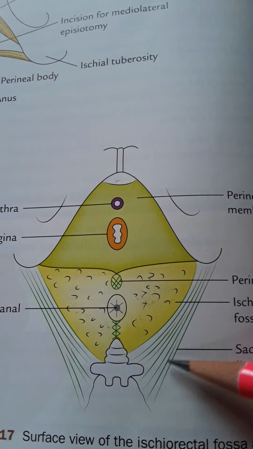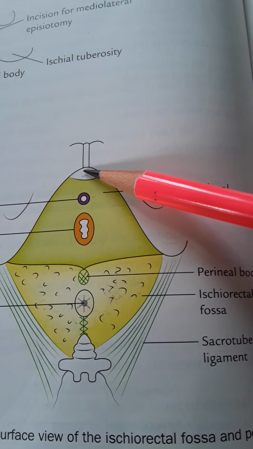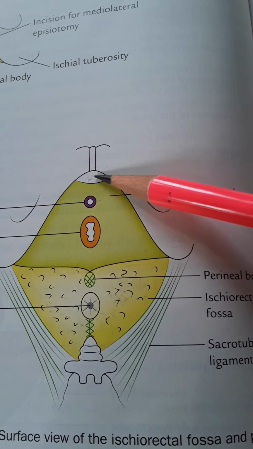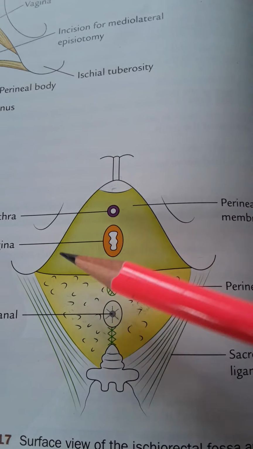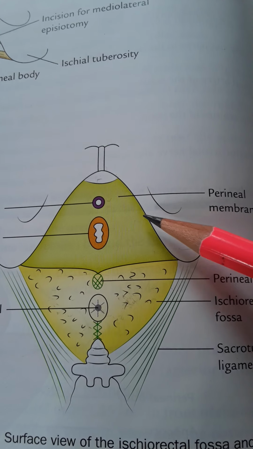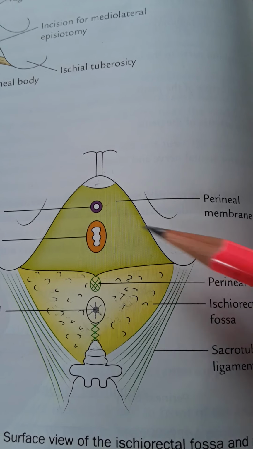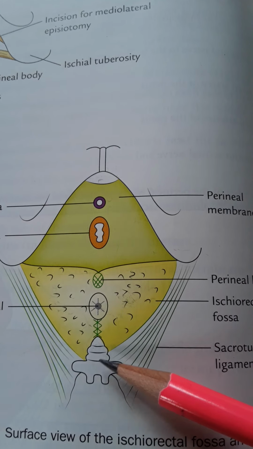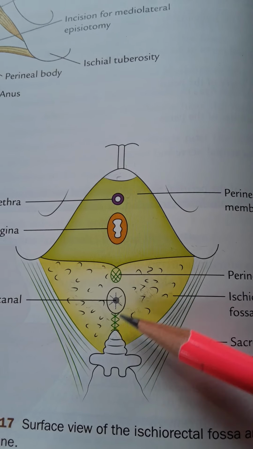This is the pelvic outlet. The pelvic outlet is formed by the lower part of the pubic symphysis. This area is filled with a ligament called the arcuate pubic ligament. Anterolaterally, it is formed by conjoined ischiopubic rami and ischial tuberosities, posterolaterally by the sacrotuberous ligaments, and posteriorly by the tip of the coccyx.